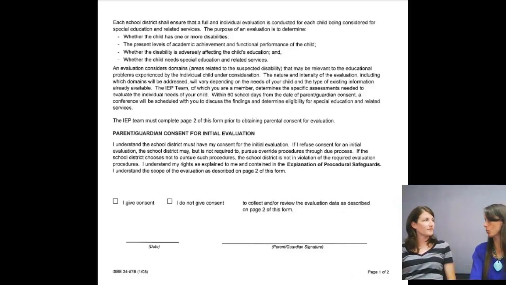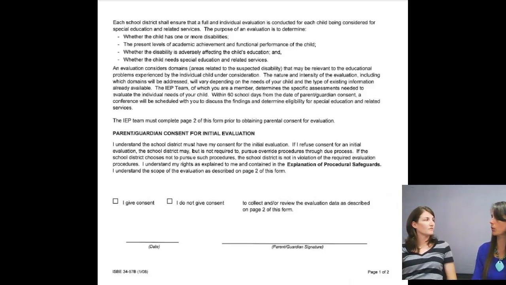The psychologist and social worker will be involved with every evaluation, whether it's an initial or a reevaluation. The psychologist takes in academic information. They could gather it from the teacher, or from some of the assessments that have already been done, such as the PARCC assessment or the progress monitoring. They may even do their own assessment of the child or go in for an observation.